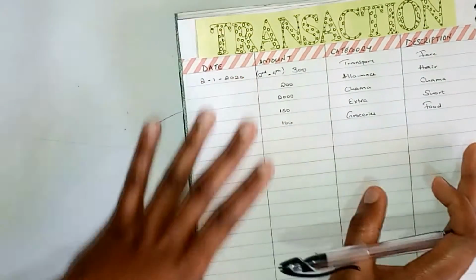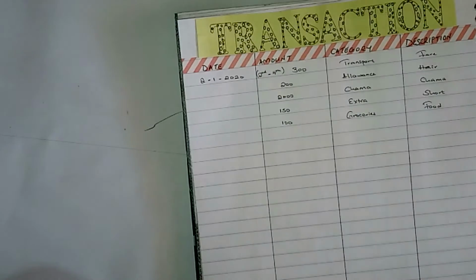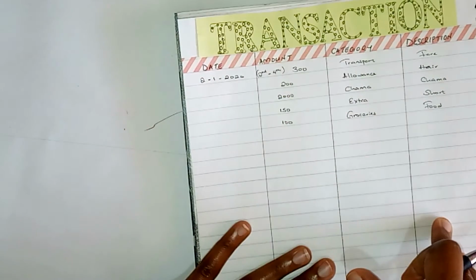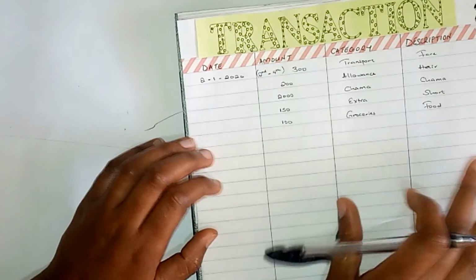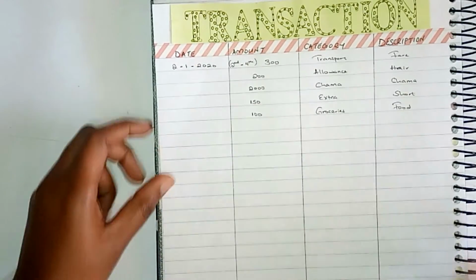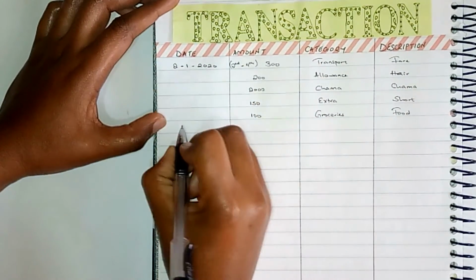I know the spacing will not be enough for this month, but when that happens, I will be able to go to a different page and continue with the same transactions until the end of the month. So I'm not really worried about the spacing that I'll have remaining for the rest of the month. So on the third,